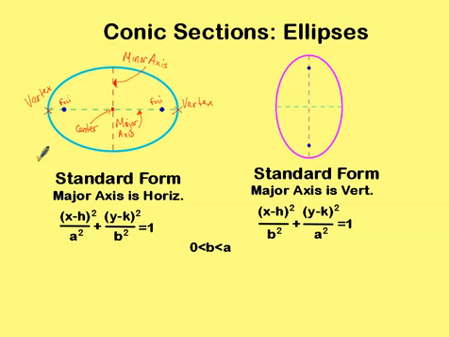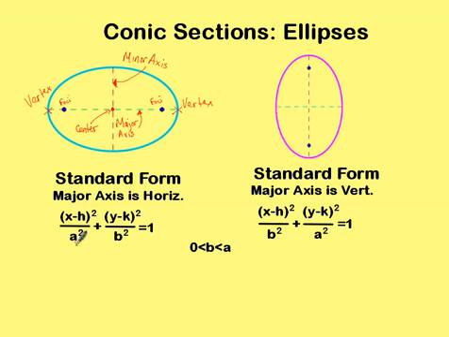So here we have two ellipses. One has a major axis that is horizontal, and the other has a major axis that is vertical. The major axis is always the longer of the two, and the minor axis is always the smaller of the two. Right? And the way to tell, if you're going to graph these, if you know it's going to be major or minor,